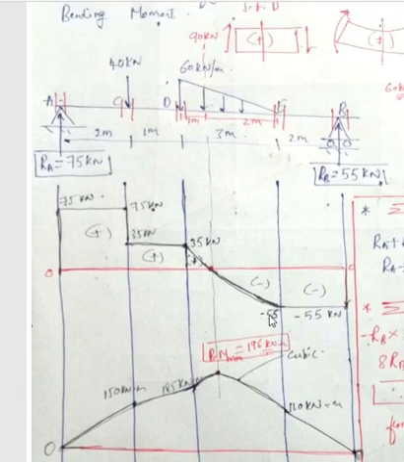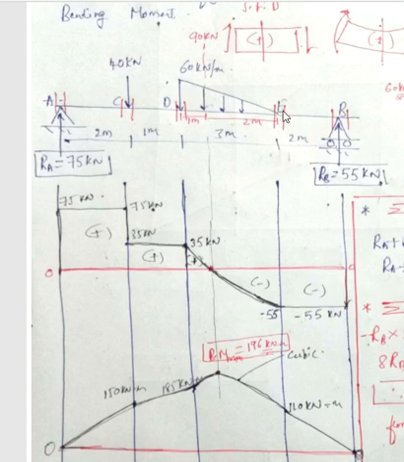Now we'll move on to the bending moment diagram. For the bending moment diagram, consider only one section. You can consider right section or left section, both are fine. No need to consider both the sections. Come from right side, consider this section. There is one force but the perpendicular distance is 0, so at this point the bending moment value is 0. Before that, draw a horizontal line which represents the 0 bending moment diagram. At this point bending moment is 0.